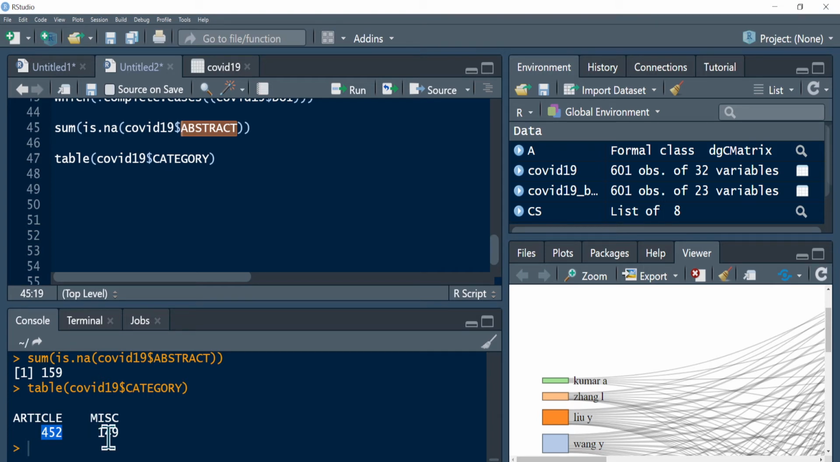So that's why, you see, we don't have abstract for 159. And that means we have 149 miscellaneous documents, I expect, because this might be like book sections or something. Usually book sections don't have abstracts. So I believe 149 of them will be part of these 159 documents with missing abstracts. So we do some